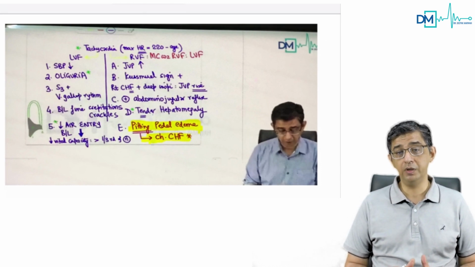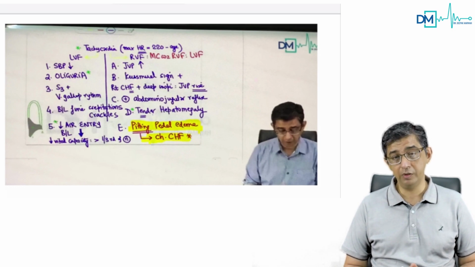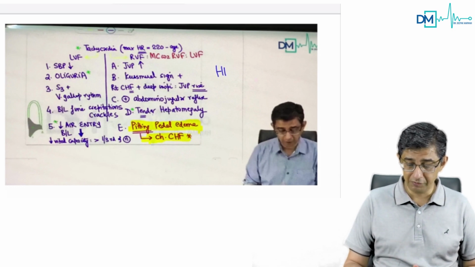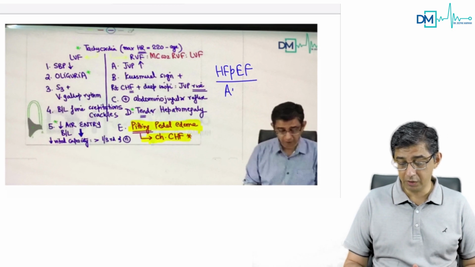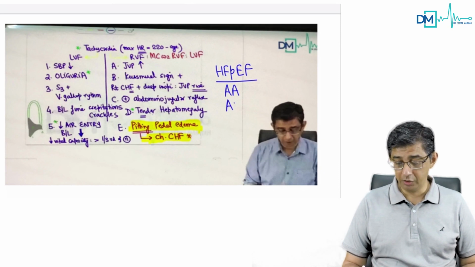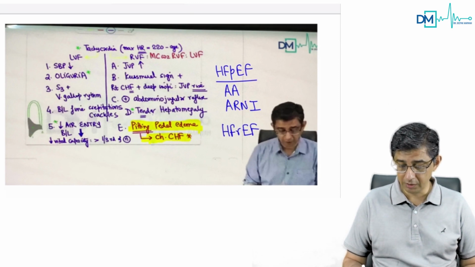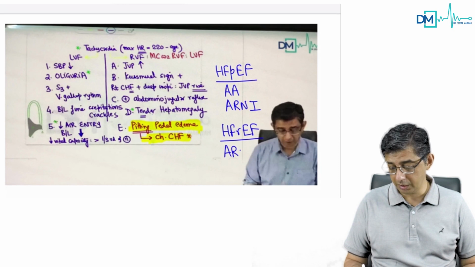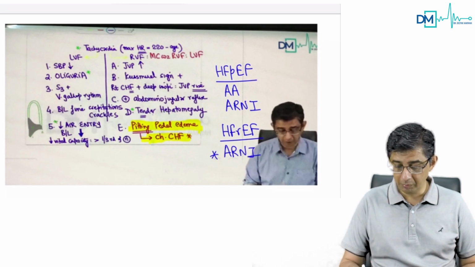Treatment part, yeah, I definitely want you to study, and I've highlighted that for management of patients of heart failure with preserved ejection fraction, and that was a question this time. Which drug will reduce mortality? It will be aldosterone antagonists. The second drug that will reduce mortality would be ARNI. And if he talks about heart failure with reduced ejection fraction, even then the first answer would be ARNI in the patient. So do remember about this.